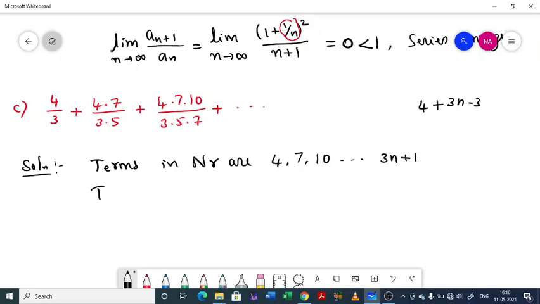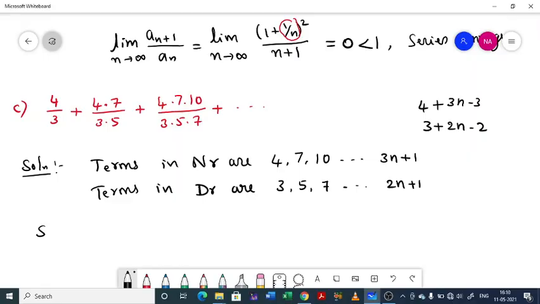Terms in denominator are 3, 5, 7 and so on. See, the first term is 3 plus common difference is 2, 2n minus 2. So that is 2n plus 1. 2n plus 1. So the general term is